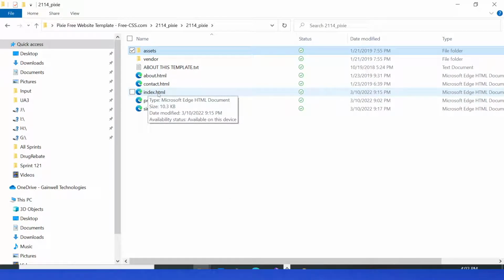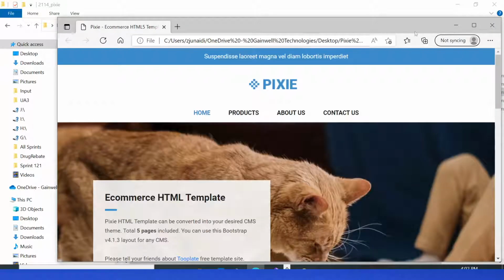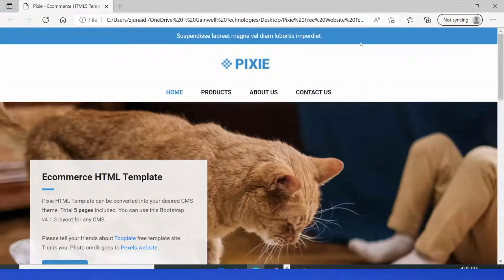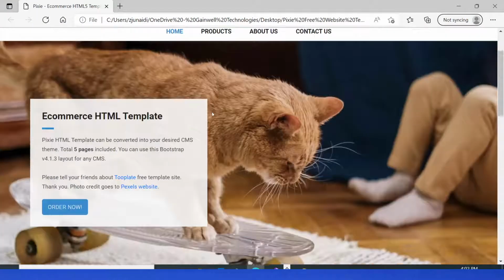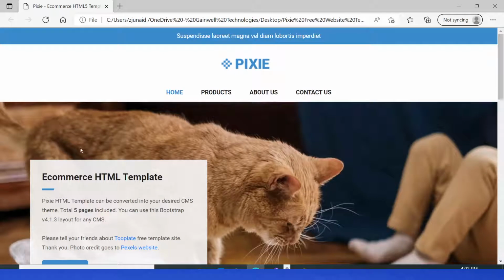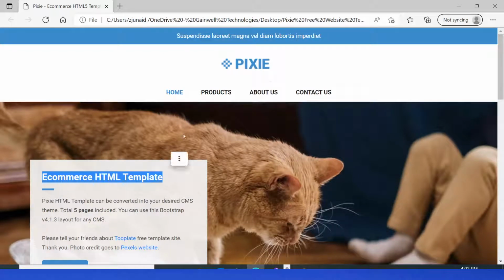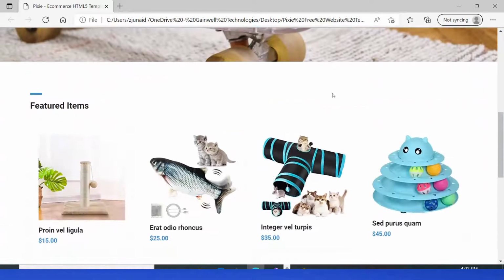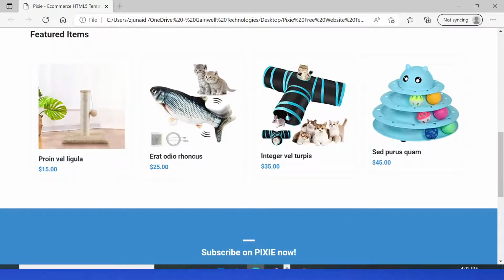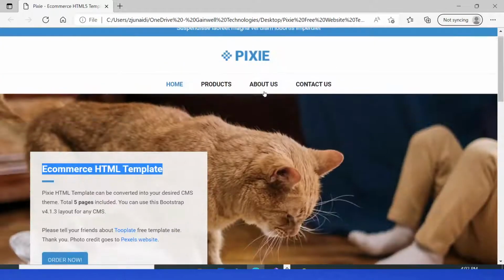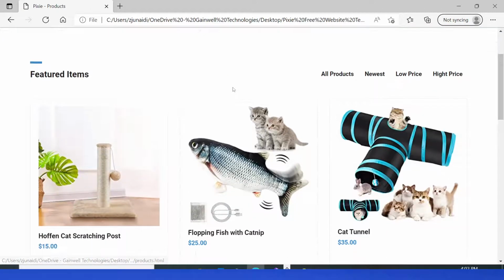So let us have a preview of this template. So I'm clicking on the index to open this template. So this is an e-commerce website template. As you can see, it's mentioned e-commerce HTML template, and it has different sections like home, products, about us and contact us. So there is a featured item section which shows all the featured products, and when you go to the products page it lists all the products,